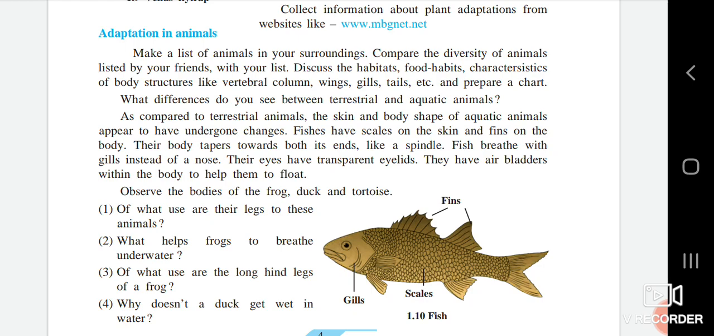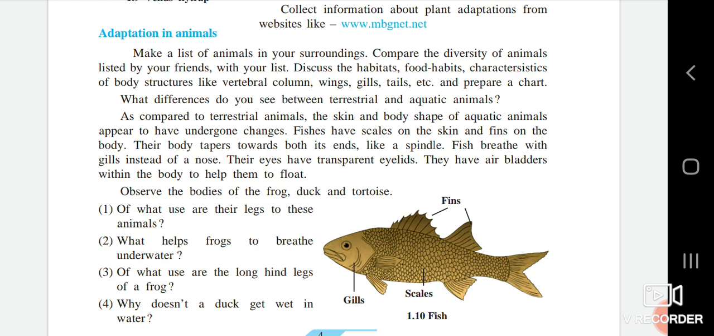Now the fish is an aquatic animal who lives in water. Fish have scales on the skin and fins on the body. Why is this feature there? Because the scales on the skin protect the skin in the water and fins on the body help the fish in swimming. Now they have a tapering body like a spindle. Spindle is used for cotton weaving. So the body shape of the fish is like a spindle and it also helps the fish to swim in the